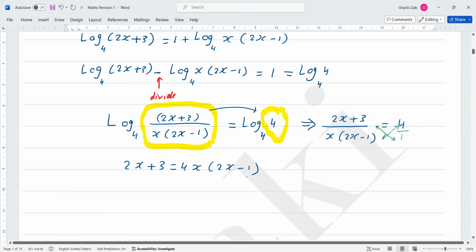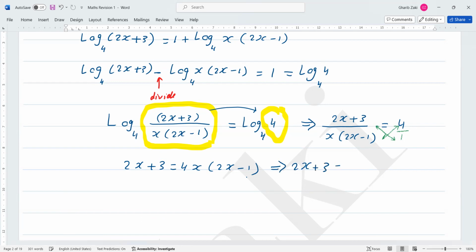Expand the bracket. 2x plus 3 equals 4 times 2, 8x times x squared minus 4x times 1 is 4x. Collect them in one side to be a quadratic equation. Then 8x squared